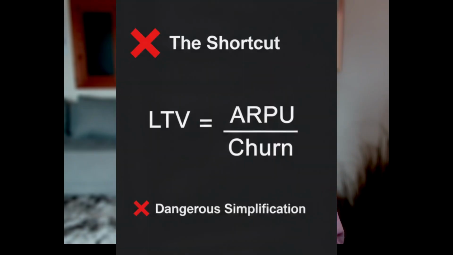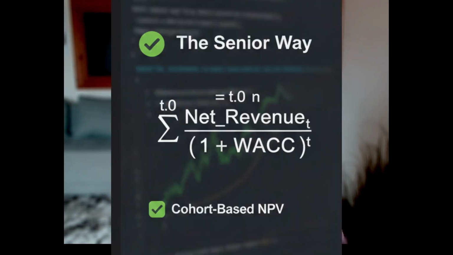Most tutorials use ARPU divided by churn to generate their LTV value. That's pretty dangerous. It assumes that your churn is linear and that your customer cohorts are behaving the same. I'm going to show you how to build a cohort-based LTV model to aggregate historical payments and calculate the payment